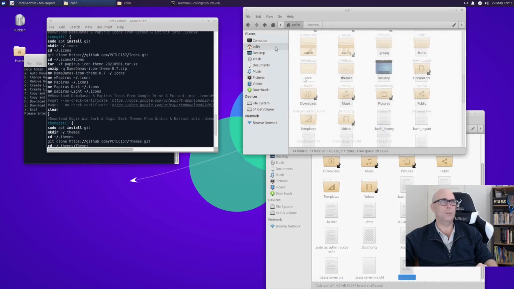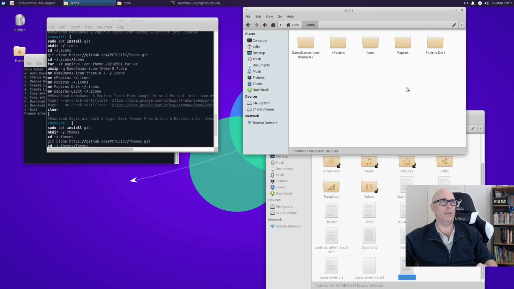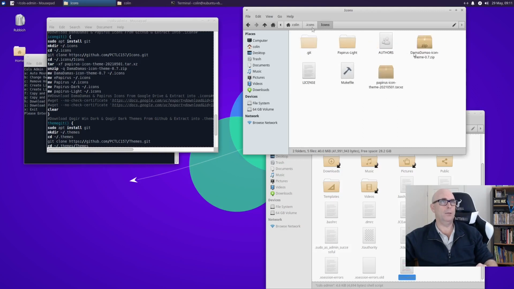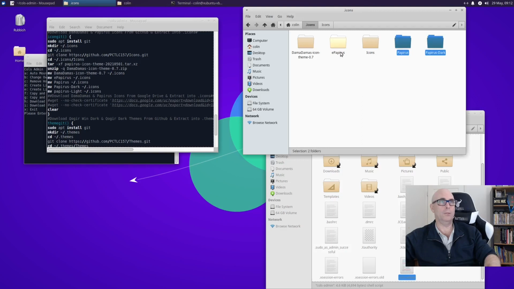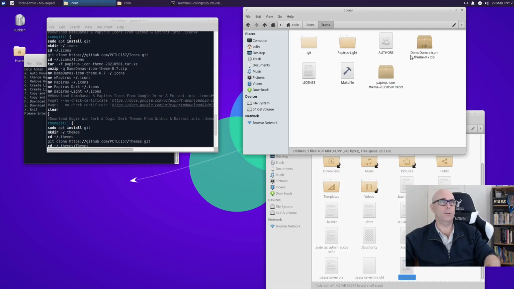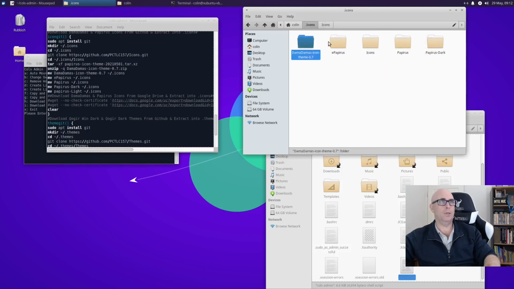So I installed Git, we was in the home folder, and then it says make directory .icons, which is what it did. Then I want to change directory into icons. So what it's doing is it's moving into this directory. And then git clone, and then it downloads this folder here with these two here, which has all of these, this one, and this one, are inside these archived files here. Then it runs the tar command and unzip command for a zip file, and then it unzips these ones here